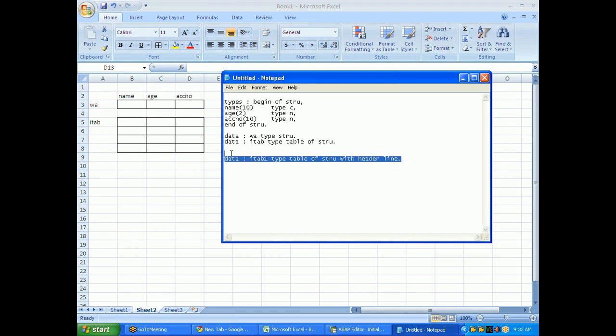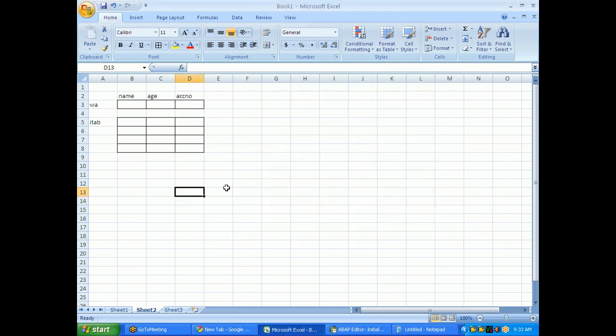If you write a syntax like this, ITAB1 will be an internal table which has a header line also. What is meant by header line? Header line is nothing but a work area. So now you can imagine a structure like this.